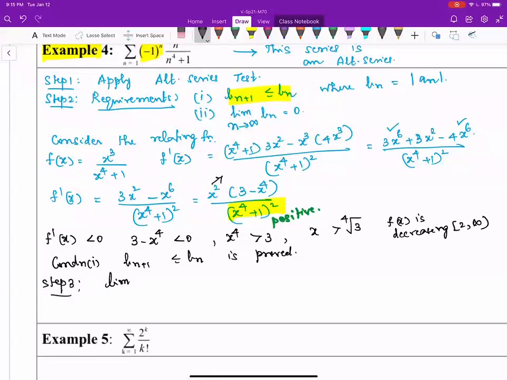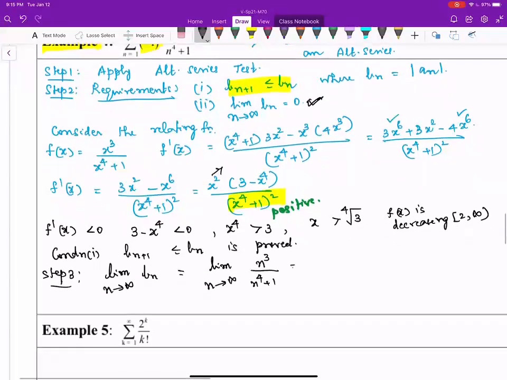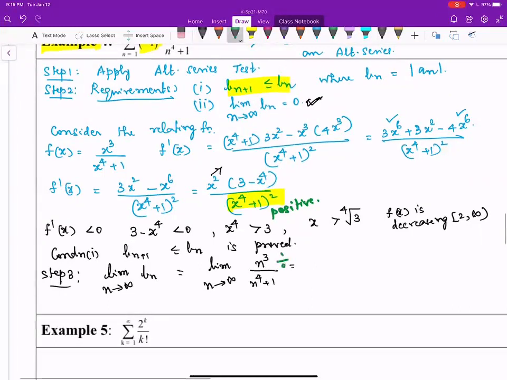So we are going to do the limit as n approaches infinity of b_n. We've already established condition 1, and we are now proving condition 2. The limit as n approaches infinity, without the negative 1 to the power n part, of n cubed divided by n to the power 4 plus 1. So if you divide the numerator and the denominator by n to the power 4,